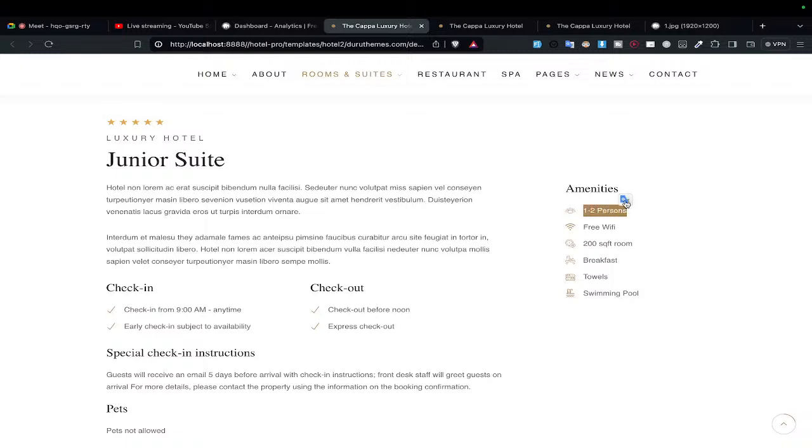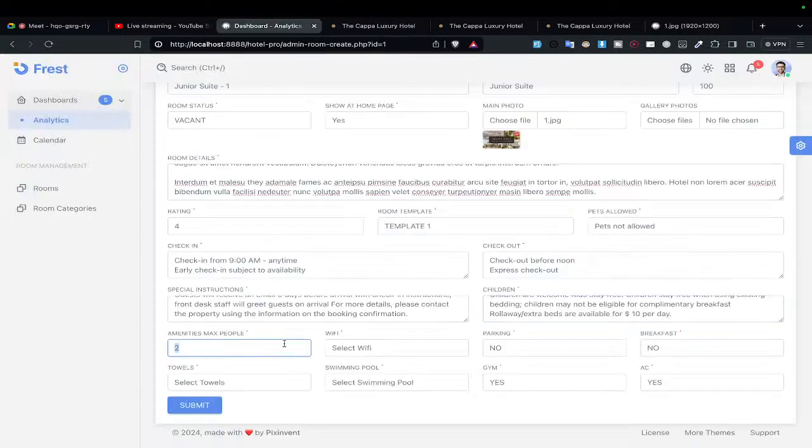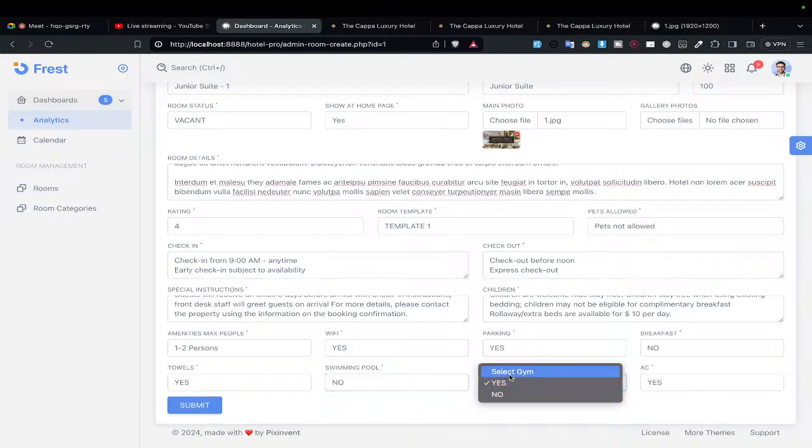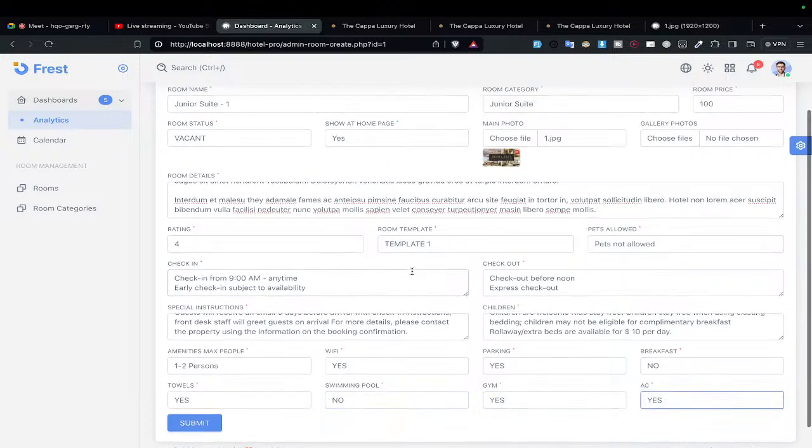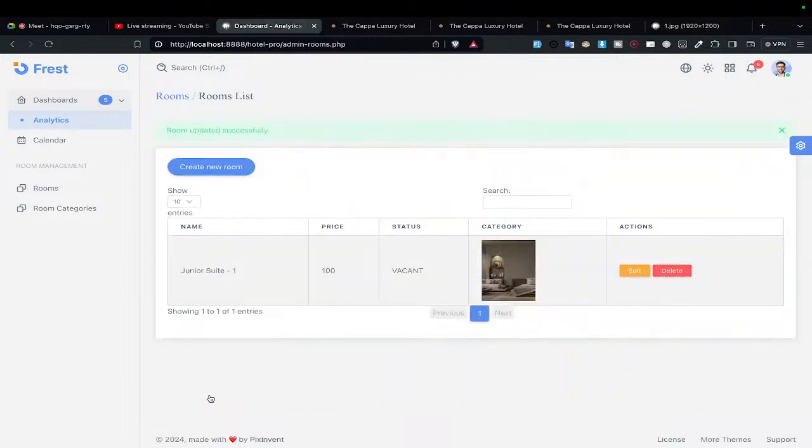So you have your person or group of people, say free text, you can enter that. So Wi-Fi, yes. Maybe parking, yes. Maybe breakfast, no. I go ahead and select towels, yes. Maybe swimming pool, no. I select what I want to display there. AC, yes, something like that. All right, I submit. So it has submitted the room for us, but I've seen the challenge is